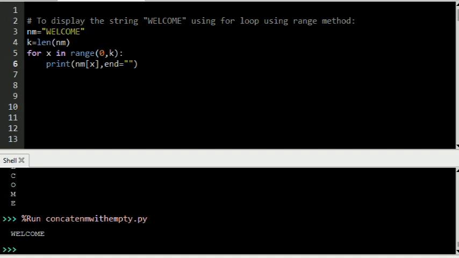I'm going to start from the last number, and k is going to be 0, and I put -1, so it's going to display in reverse order also. We're going to discuss afterward how you display a string in reverse order. So we will discuss that afterwards.